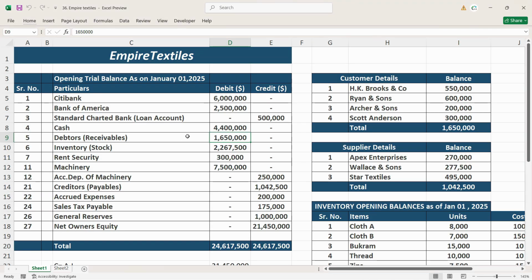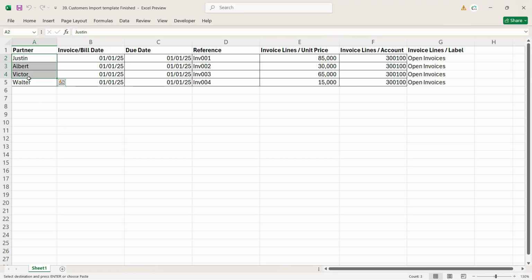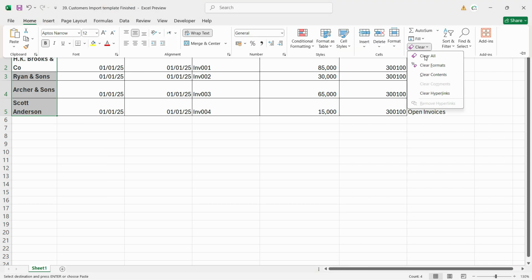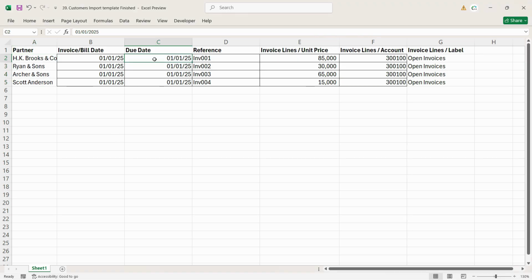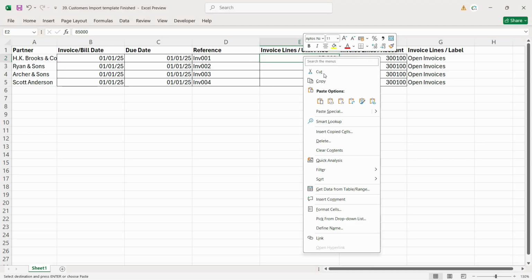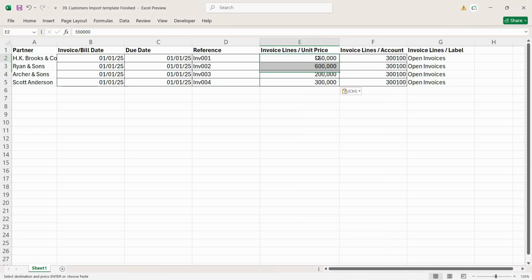So partner names, these are all the partners' names. I'll just copy and paste it here. Just make sure that if you want to simplify the format, go to the home tab and clear all the formats. Bill date and due date, I don't need to change this. Reference, I don't need to change this. I'll just copy the balances, and you can just directly paste it as values so that you don't need to